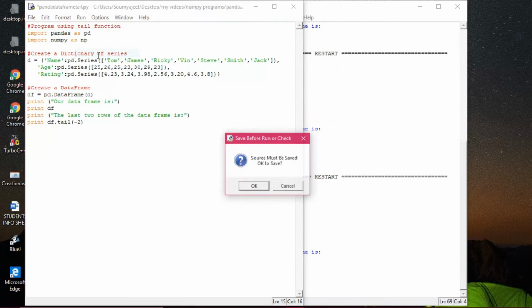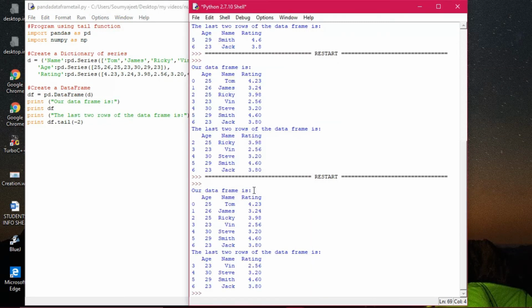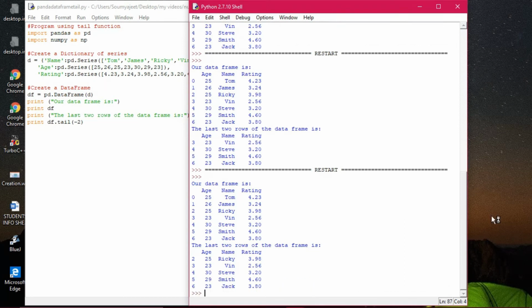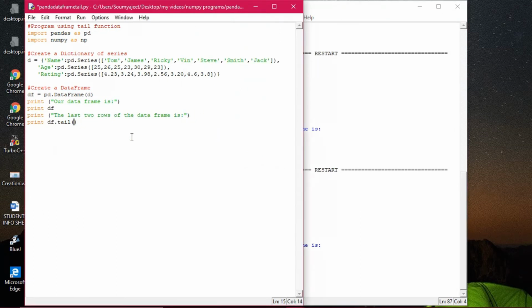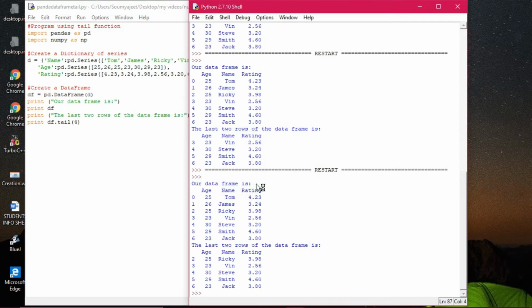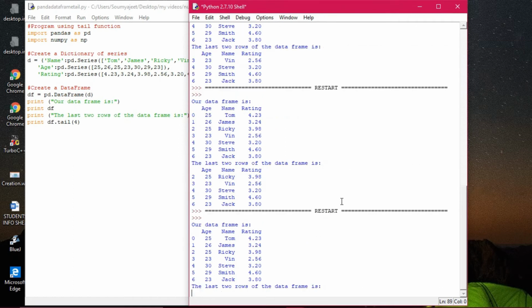So, run module. Okay, I'm executing this. Let us see. So now it shows 2, 3, 4, 5, 6, again the last 5 data. In this way, there are different kinds of variation when we are putting in negatives and all. So that is the thing in the tail function. If I'm giving 4 out here, it will also execute, and the last 4 data will be displayed. Okay, that is all about the tail function.